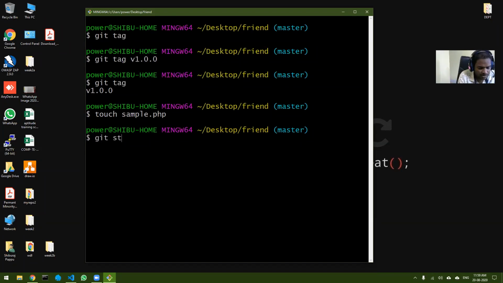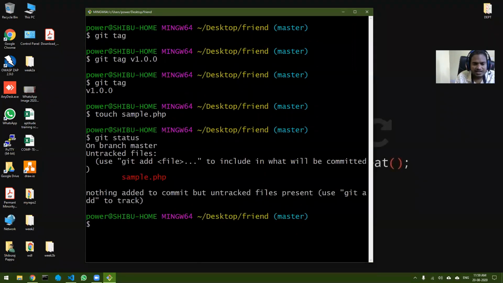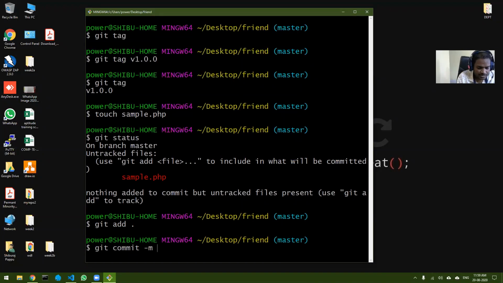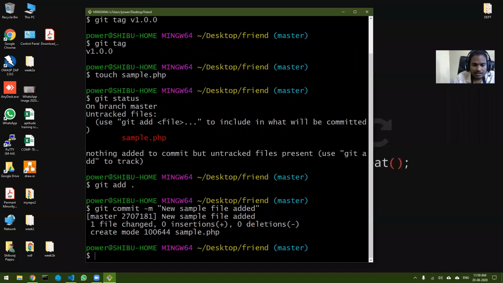Then I'm going to do git status. You can see there is one untracked file. I will do git add, then git commit -m, new sample file added. Okay, and my commit is done.